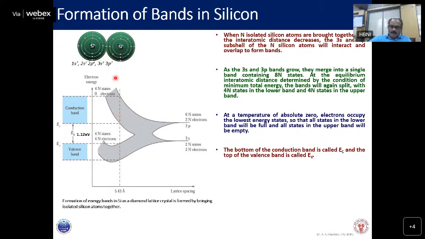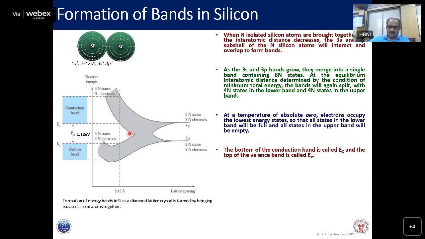Now, when the temperature is absolute zero, what will happen? How many electrons were there? 4n electrons were only there, 2n electrons here and 2n electrons here. So there were 4n electrons. Now all these 4n electrons occupy these energy levels at 0 Kelvin, and the energy levels here are totally empty. So electrons occupy the lowest energy states. All the states in the lower band will be filled, and all the states in the upper band